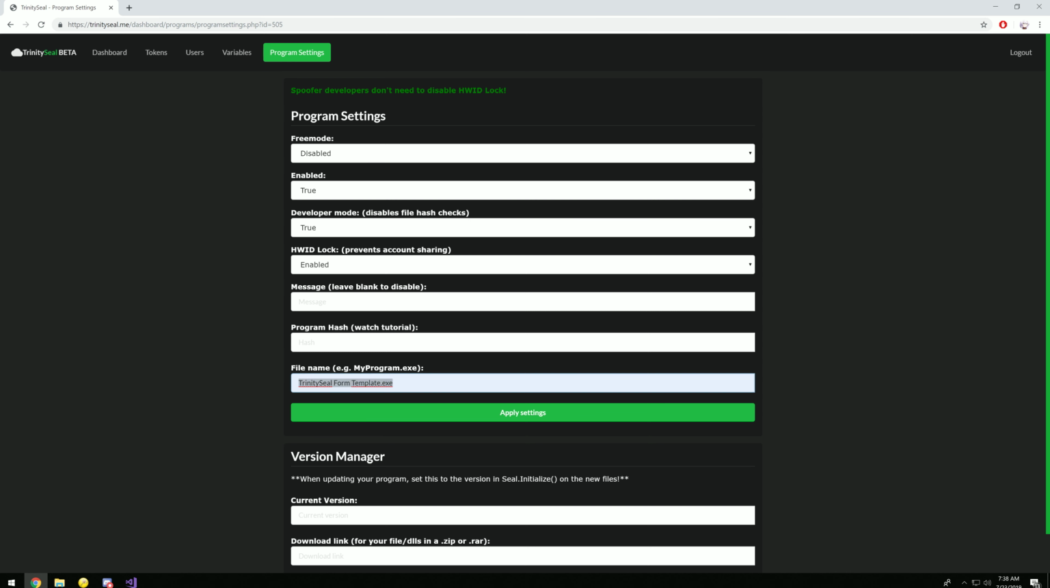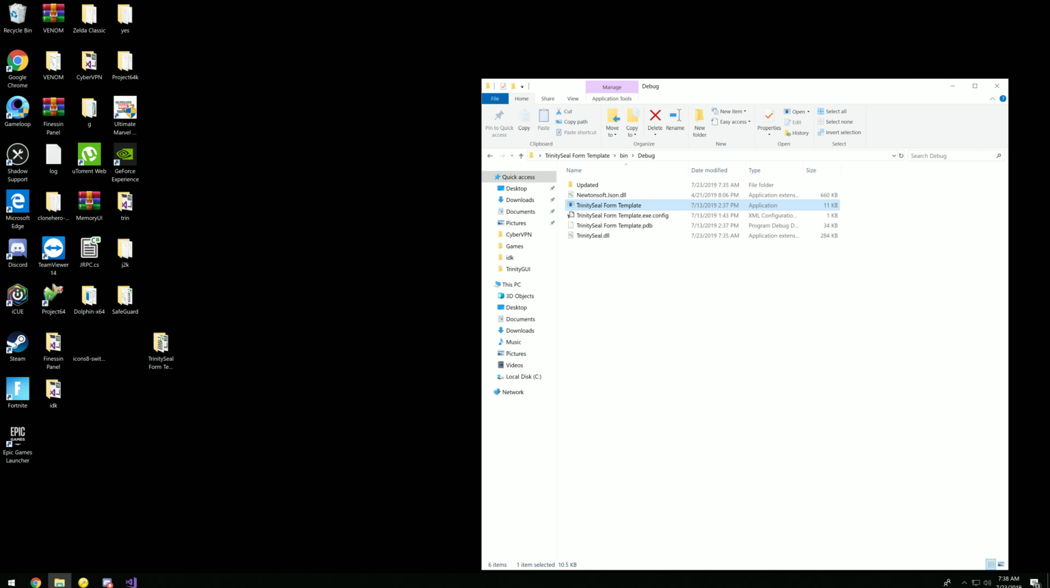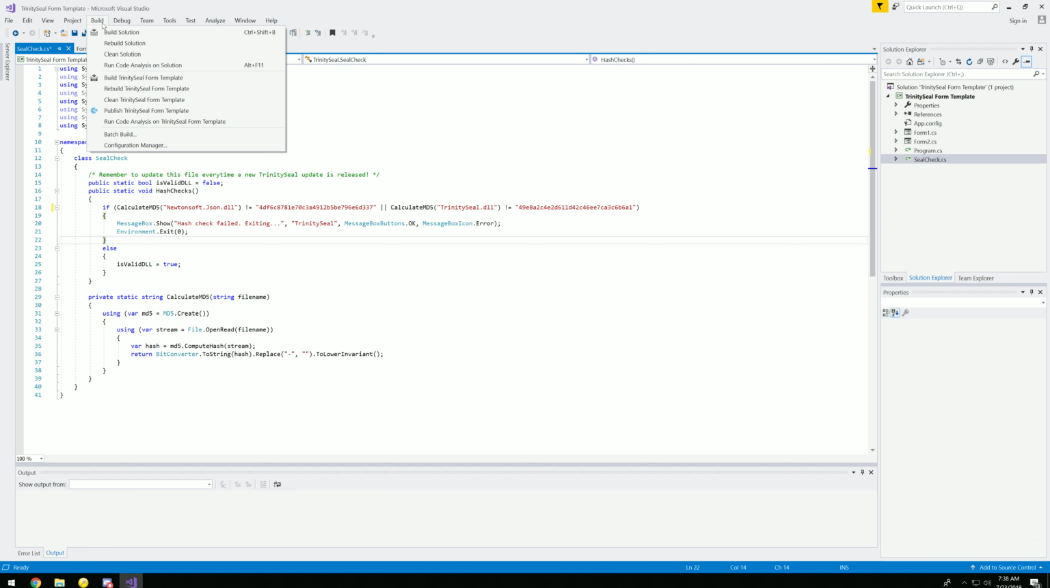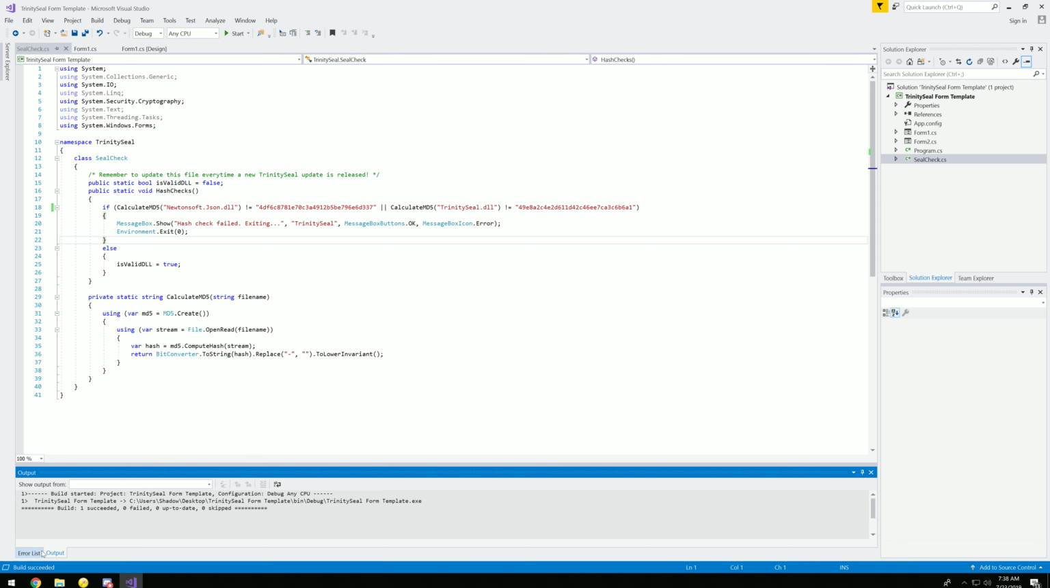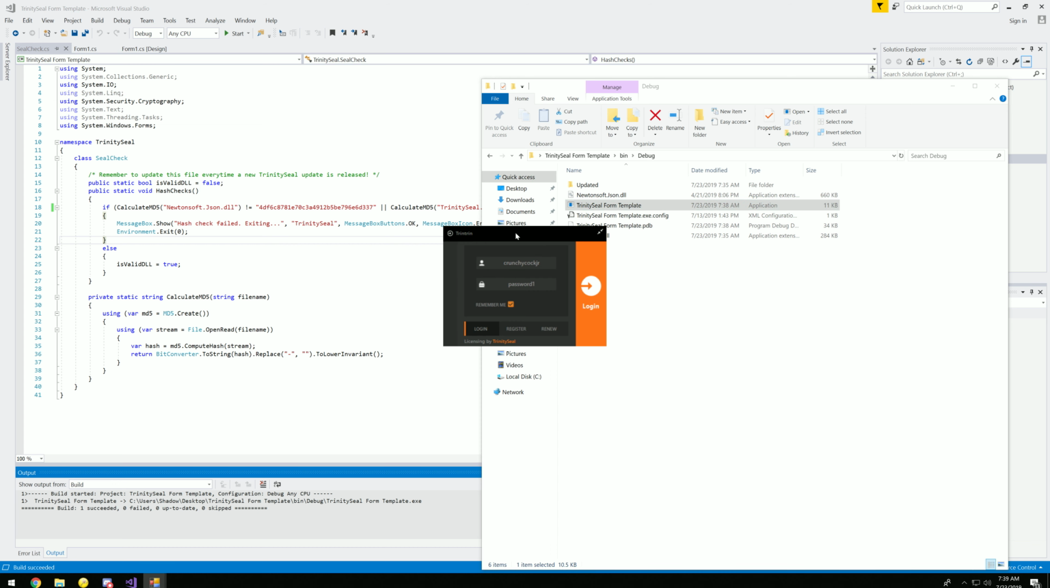Keep in mind, this is very important. If you do not do this, it will not run. This and the hash checks are pretty much extremely important security measures, so keep that in mind. We're going to apply the settings, and we're going to go ahead and build this now. Bam. Alrighty, so now we should be able to run the executable, and we should be greeted with our login